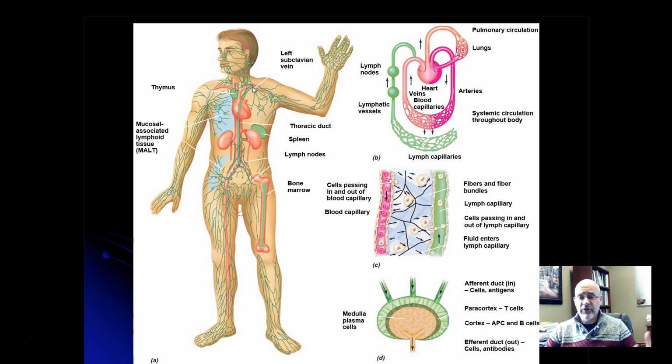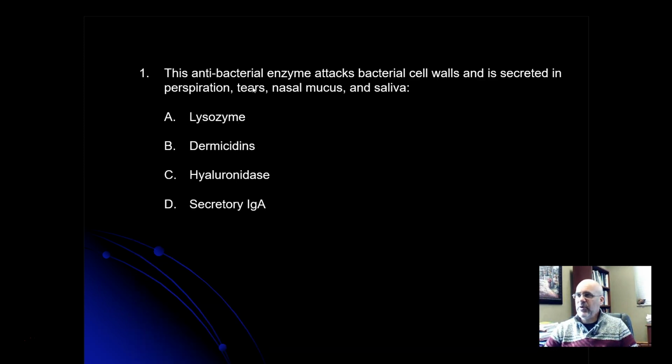So the fluids actually get returned to the blood after they have been filtered and checked by the immune system. So again, most of chapter 12 deals with the first line of defense and the second line of defense. First line of defense, and you do want to outline what's involved with which particular branches of the immune system, which particular lines. The first lines are your skin and your mucous membrane linings, and there are chemicals and things like pH differences and mucus and things like that that help prevent microorganisms from living on those barriers or getting